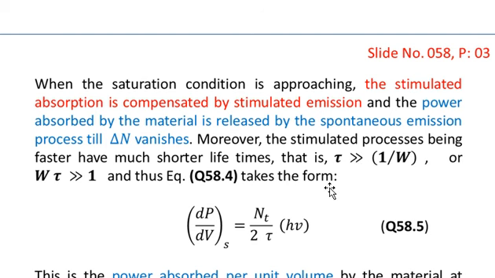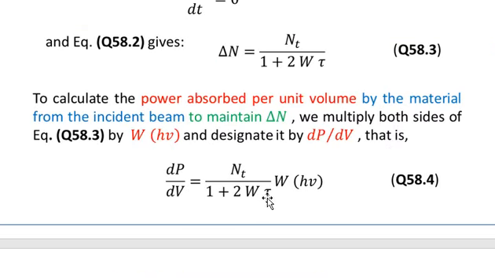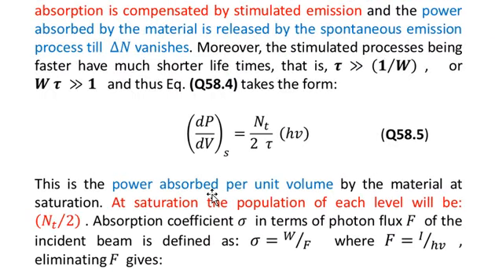You see that the spontaneous lifetime tau is much greater in comparison with the time due to stimulated emission and stimulated absorption. That time is given by 1 over W, or this can be written as W tau is much greater than 1, and thus equation number 58.4 takes the form. So you see that using W tau much greater than 1, in the denominator 2W into tau becomes much greater than 1. So we can ignore 1 over here, and we can write equation number 4 in the form